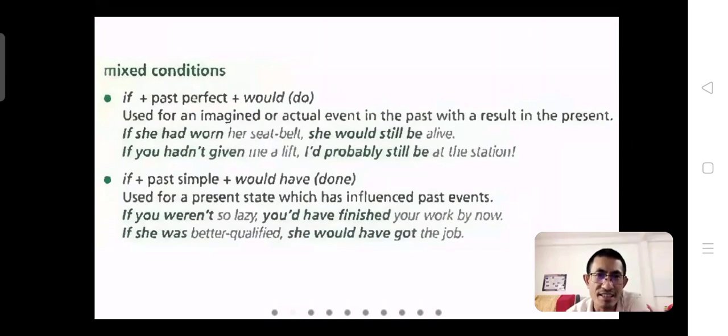If I hadn't copied, I would pass the exam. Another example: if you hadn't given me a